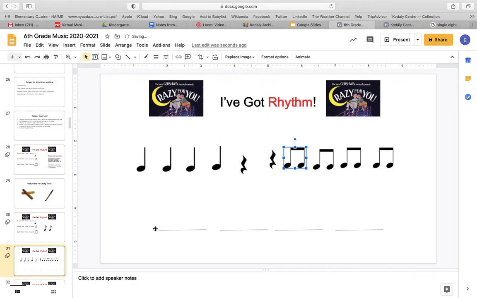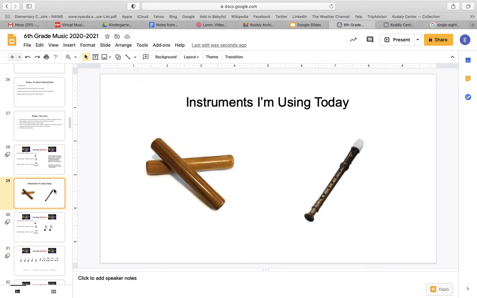All right, so now I am going to do, this is not an assessment example, this is just a practice. I'm going to play something, you are going to think about where the rhythms go, and we're going to check and see if you're right. This is to prep you for your assessment that comes at the end of this video. And I am also going to play this on the claves, because this is what your assessment will be on,